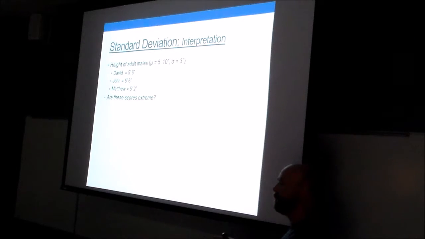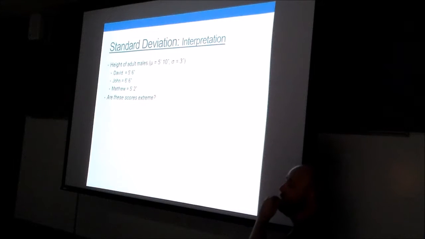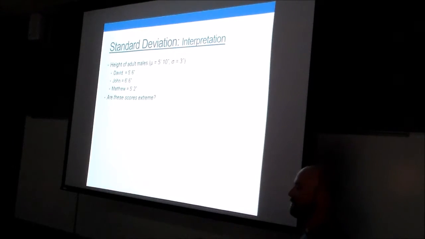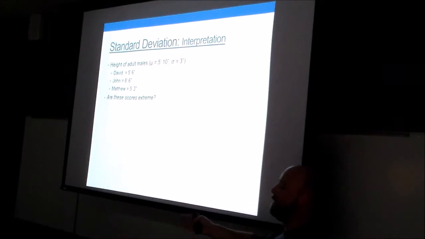And so if we're thinking about height on a normal distribution, that's actually fairly farther below average than what we would expect based on the mean, right? So we're 95% at 2, so we would expect 2.5% of the population to be as short or shorter than Matt relative to other people. And that starts to give us a sense for the level at which these scores are extreme or